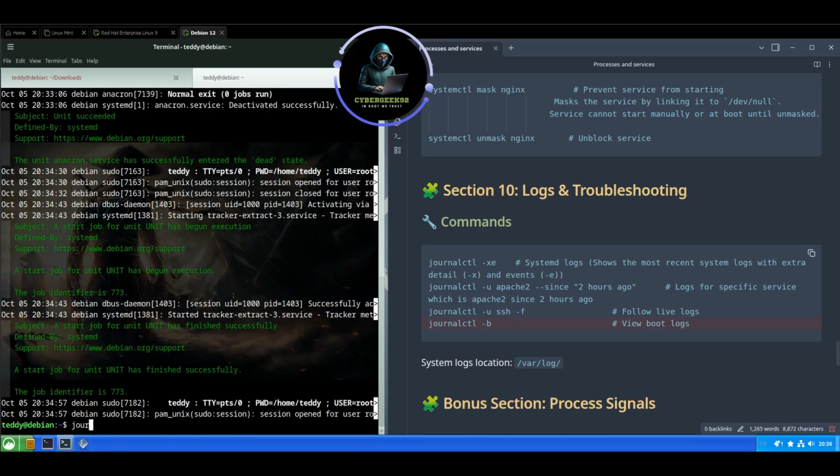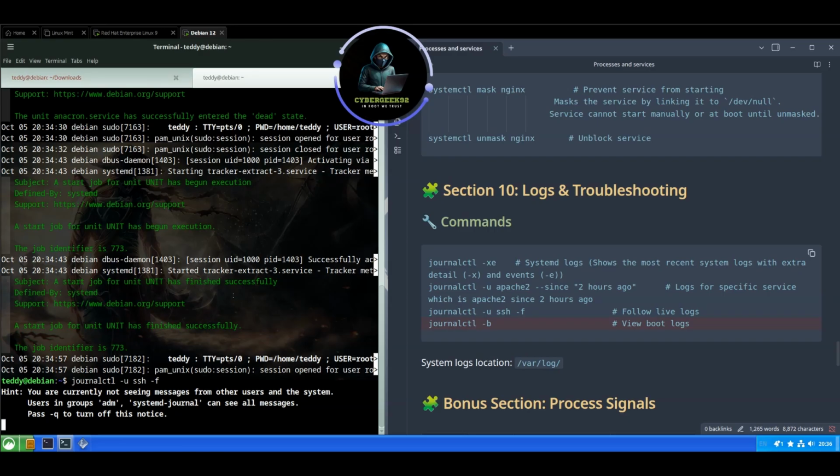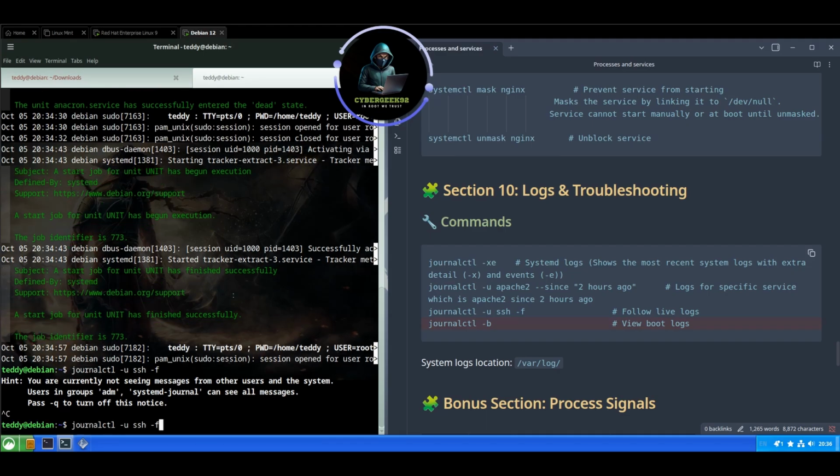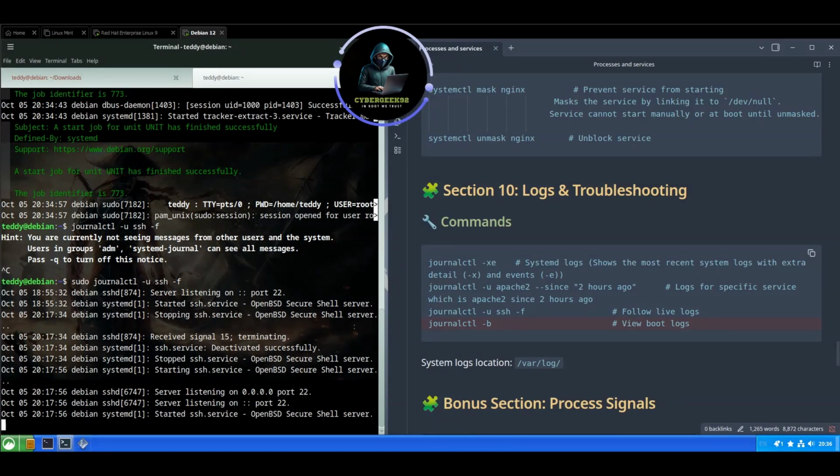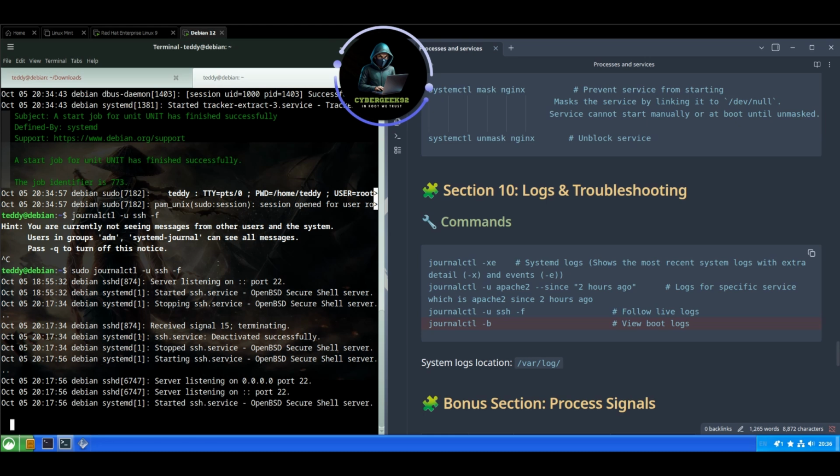So we can do journalctl -u with the name of the service, -f. Oh, I keep forgetting sudo. Oops, I keep forgetting sudo. As you can see, if I press enter, nothing is happening, right? So let me put this to use. I'm going to open